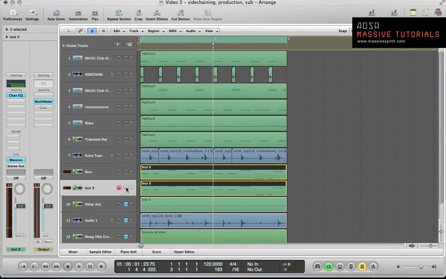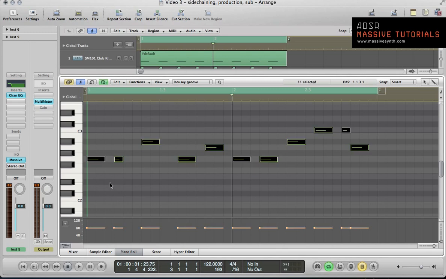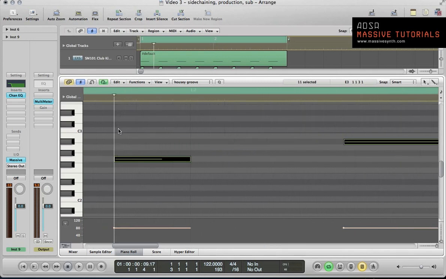Unmute and mute it back, that sub back in. We're bringing that warmth back into the sound a little bit. So one thing I want to do here as well with these MIDI notes is the tail of them will clash with the kick drum a little bit, I think. So I'm just going to shorten these ever so slightly,